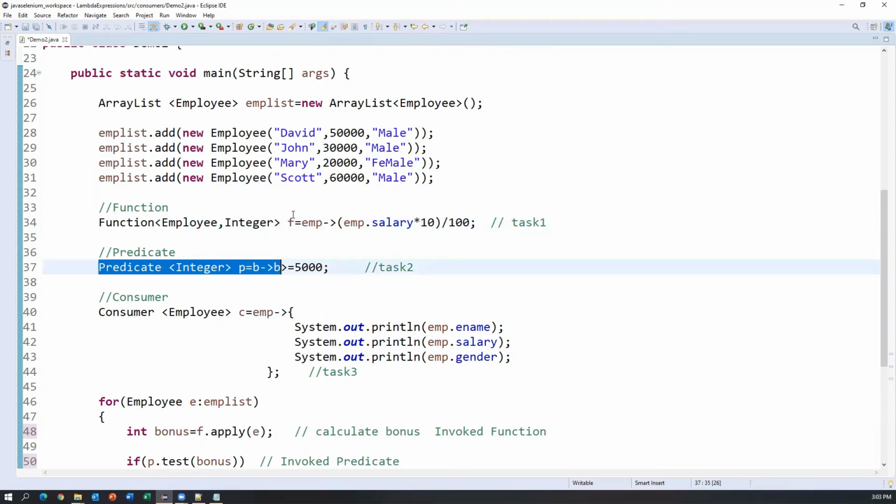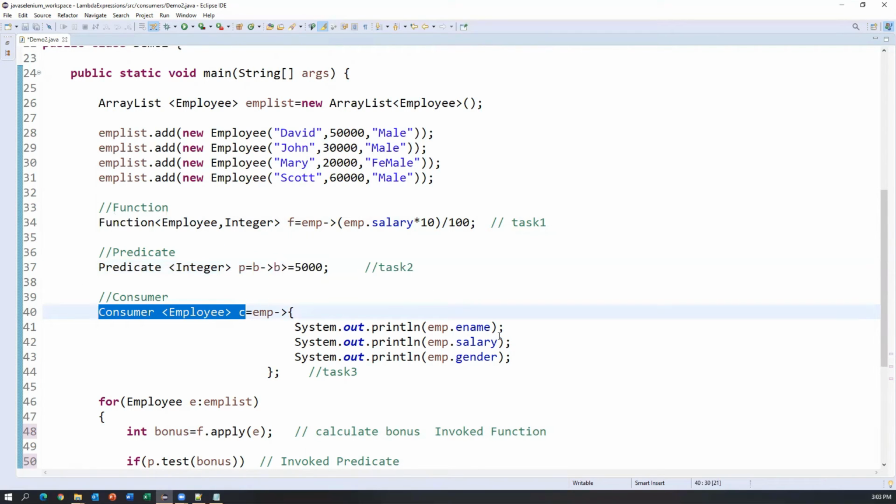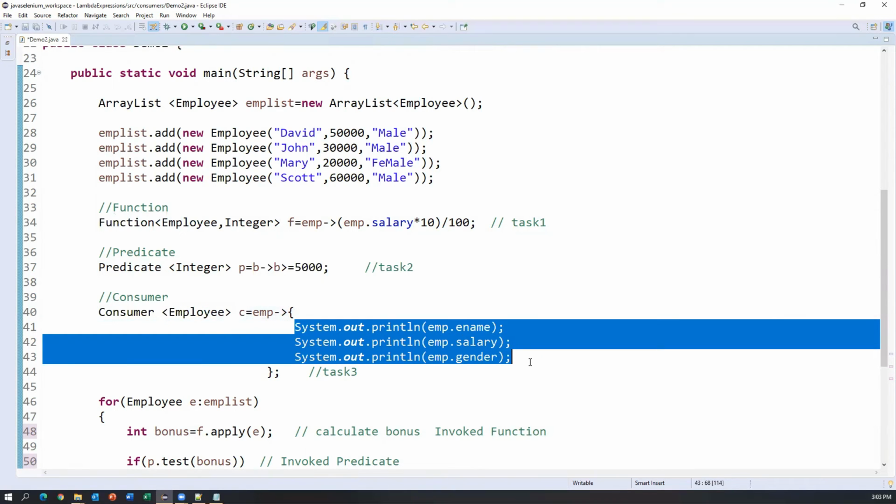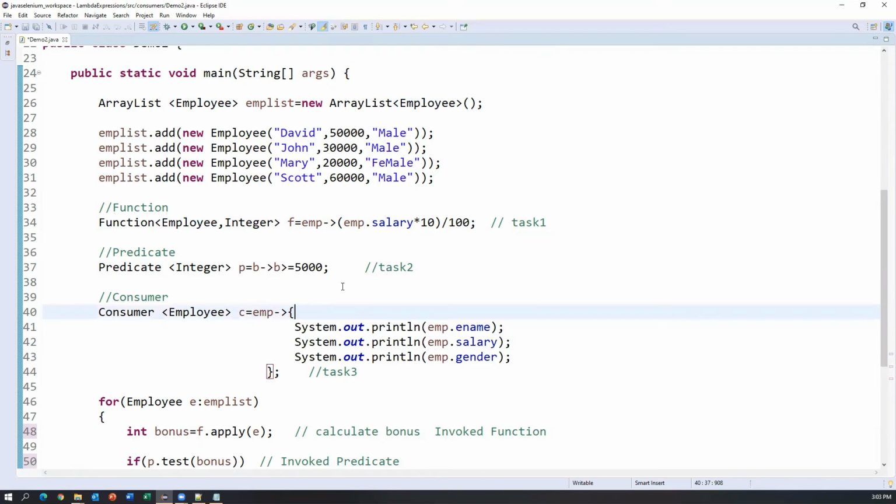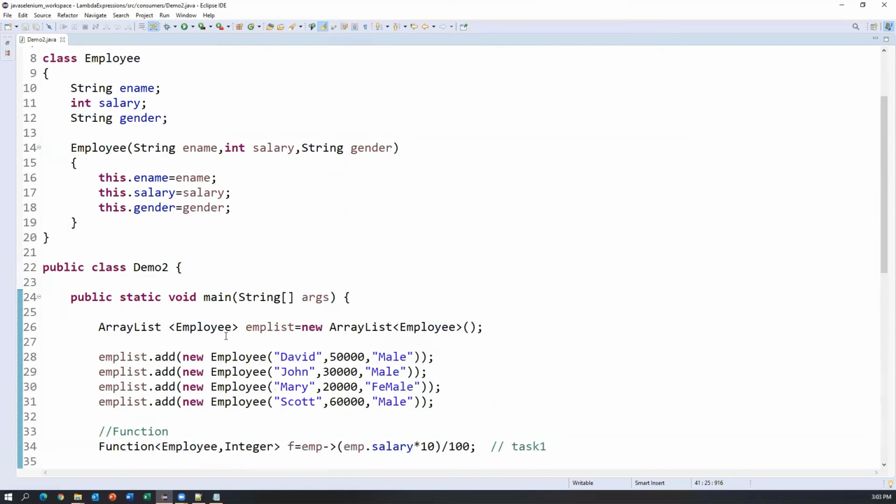Predicate will take the input but returns only boolean. Consumer takes the input but it doesn't return anything for us. Consumer will take the input but it doesn't process anything, it just consumes the data. All right, so now let us try to execute this,